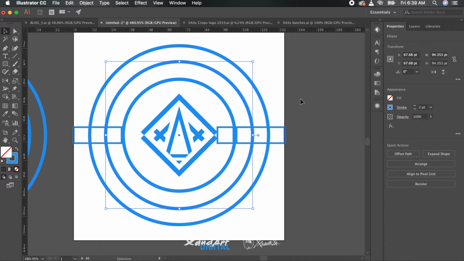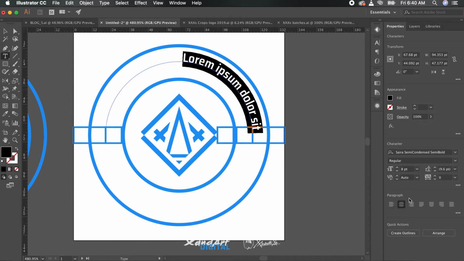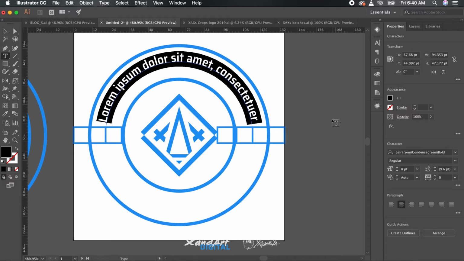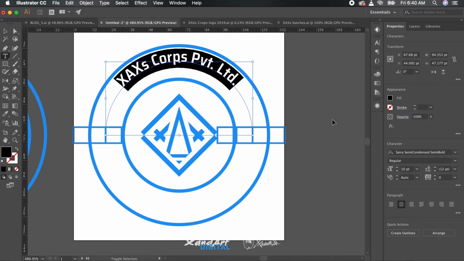The second option, which we will be using here, is putting text on paths. So we will be creating some circular shapes for the text, adding some extra anchor points on it, cutting out the shape, which will convert it into a path, and then simply putting text on the path using the text tool, which is the T shortcut.